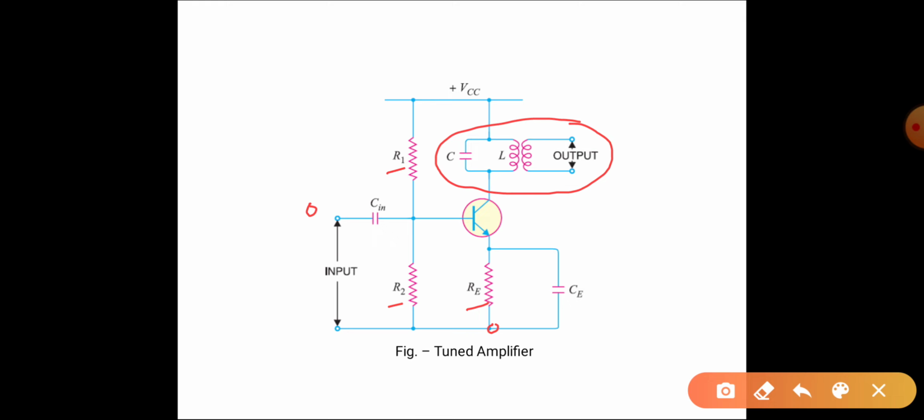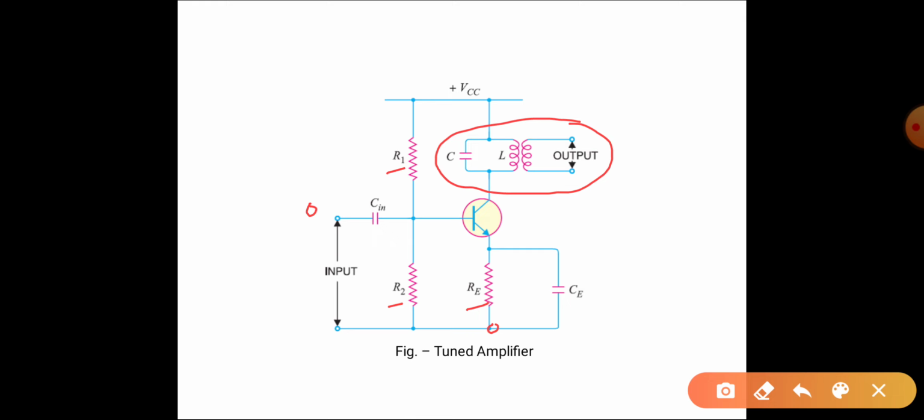So your 100 kilohertz signal will be the only one amplified, and all other frequencies, suppose 1 kilohertz or 10 kilohertz, maybe 200 kilohertz, 110 kilohertz, will not be amplified, meaning all other frequencies will be rejected, and only the 100 kilohertz frequency will be selected, and this amplifier further amplifies it, and maybe then you can give it to the power amplifier or to the speaker, so that you can hear your channel or you can analyze your signal.